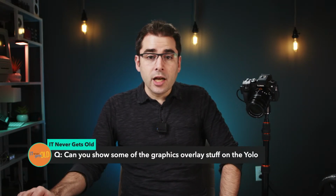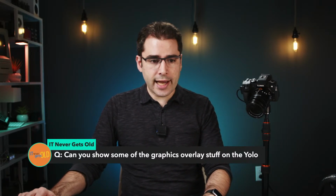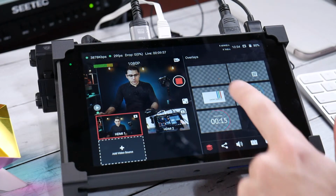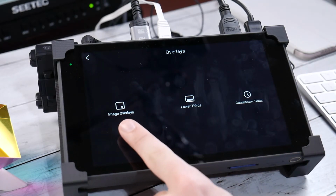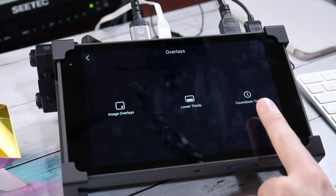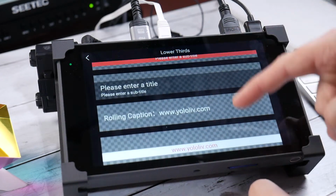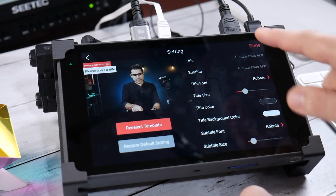Can you show more of the graphics overlay stuff on the YoloBox? Okay, so yeah, I just showed the countdown timer, and we can also take a look at some of the other overlays. There's this overlay section for adding images, lower thirds, or countdown timer now. For lower thirds, you get these kind of templates, rolling caption as well. So I can do like,